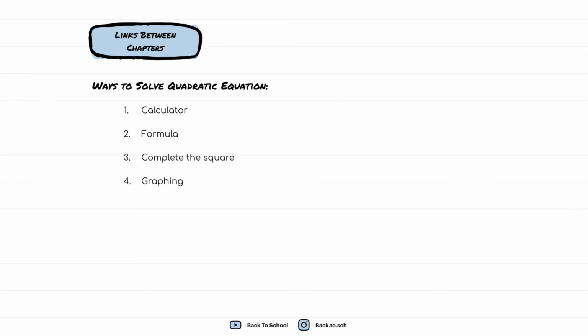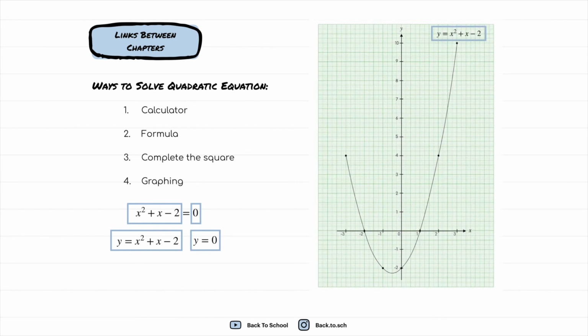And the reason why graphing is a way to solve a quadratic equation is because if you look at your quadratic equation before you put into your calculator, right, isn't this the curve that you drew? The y equals to x squared plus x minus 2, right? And when you equate it to 0, graphically, it means this. So you have drawn your curve, and y equals to 0 basically means a horizontal line. The x-axis, right, to be precise. So you have your curve on graph paper,